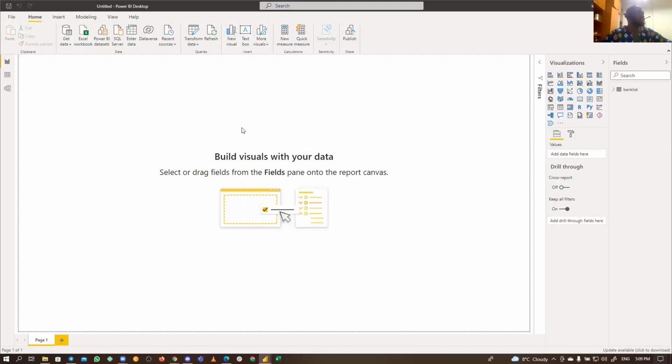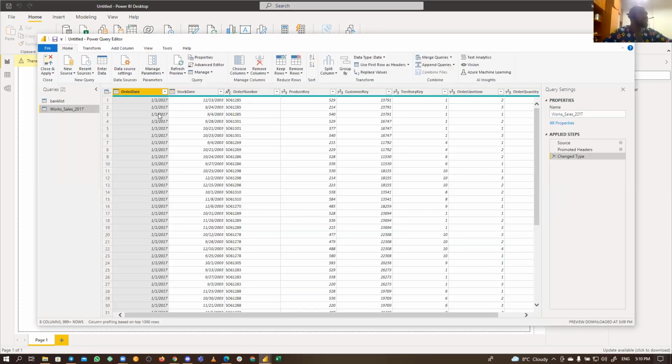Okay, so because it's a different data set, that one is prepared differently. This data set is also prepared differently. So some of those features did not appear. That's why I couldn't use it to explain. So you can see this time we have these properties. This is the name of your table. You can always change this name. It's very recommended if it makes your work easier, especially when you are getting your data from an external source, that you need names that you would probably be able to relate with. You can always change the name of your table here.